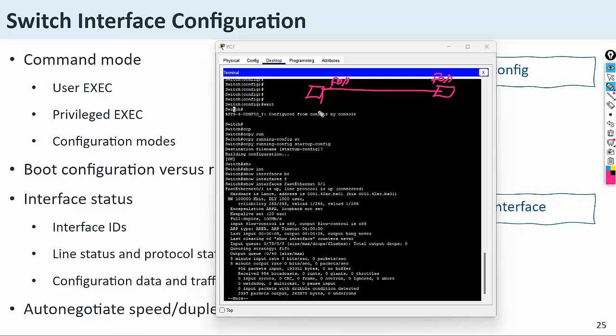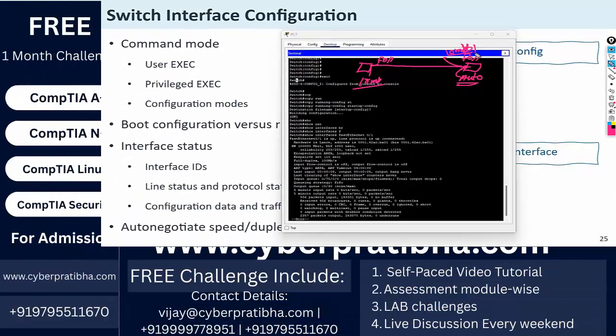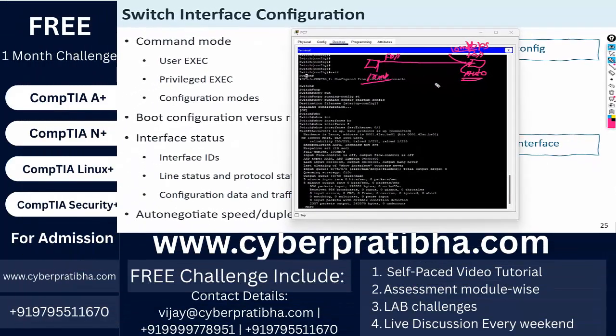The speed of this switch is 10 Mbps. If this is auto negotiate, the speed will automatically convert to 10 Mbps, no matter what the speed of this interface is.